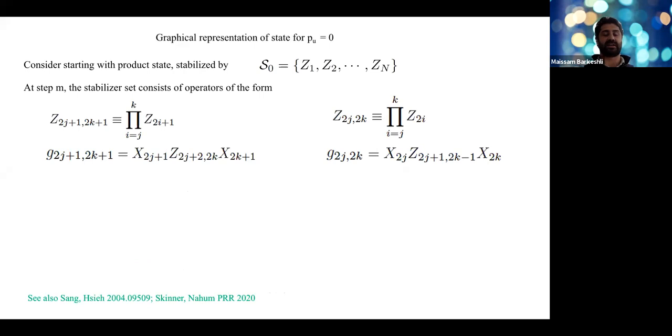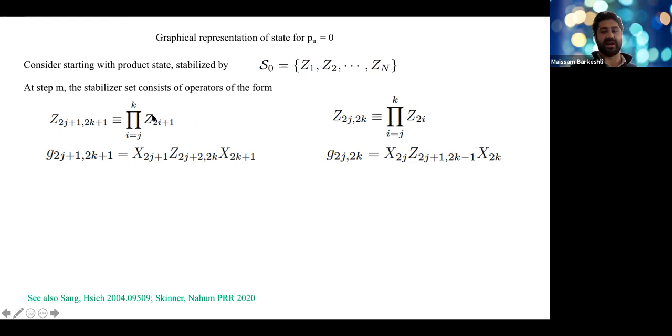It's also nice, one thing that helps give some intuition for how you can build up a lot of entanglement just through measurements without any unitary operators, is the following graphical representation of the state, again at 0 unitary dynamics. So imagine you start with a product state. The product state is stabilized by just these Z operators. Then at step m, the stabilizer set for the state looks like some string of Z operators on